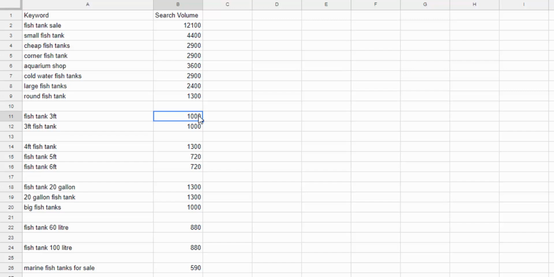This guy, this girl, they know what they want. They are much closer to a buying decision. So the conversion rate on a 3-foot fish tank keyword or a 4-foot is going to be much higher than just a fish tank keyword. When we get into the longer tail, so we start talking about 4-foot tropical fish tank, that's much higher